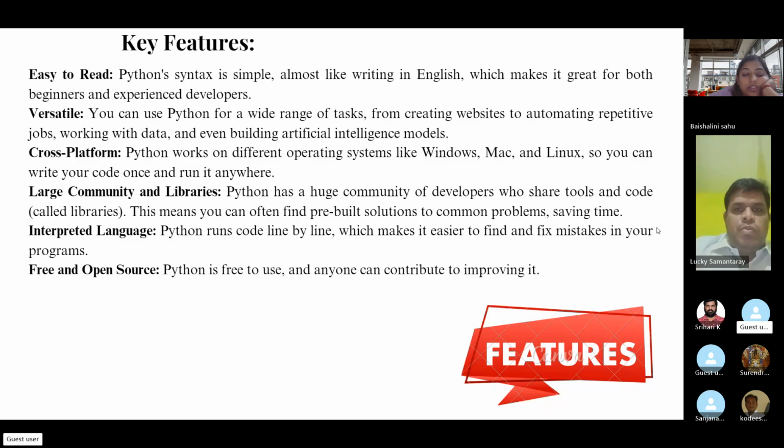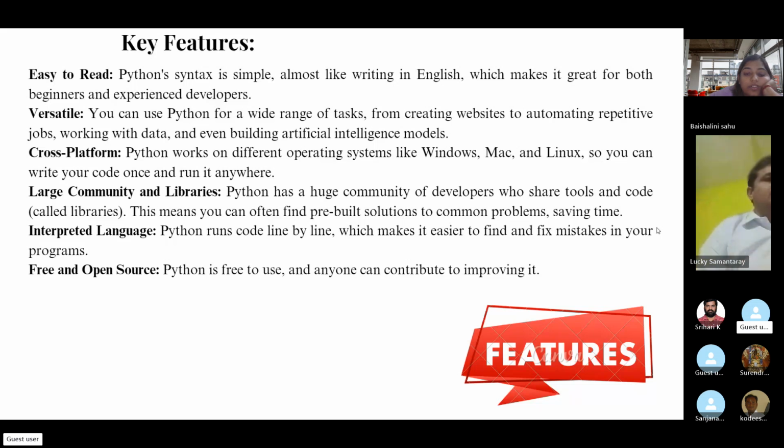Then versatile. Versatile means in Python we can use it for a wide range of tasks: creating websites, doing tasks automatically, working with large amounts of unstructured data, and even building artificial intelligence modules for helping data science. Then cross-platform.